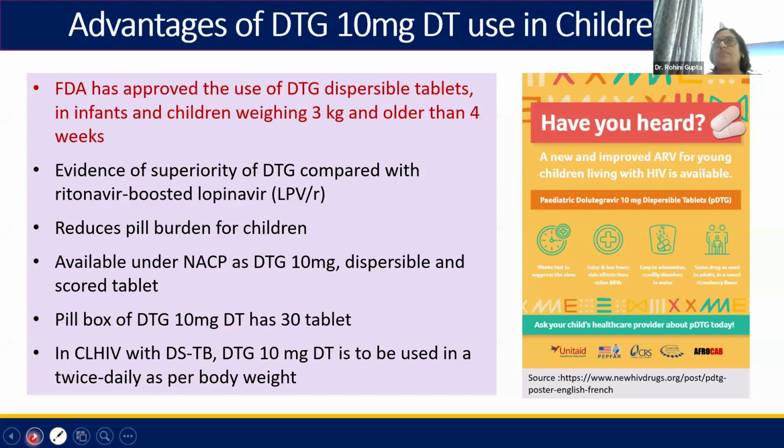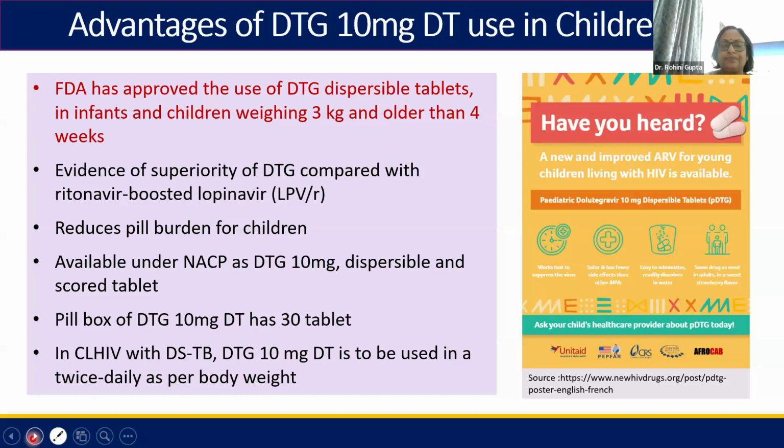It also reduces the pill burden. As you know, lopinavir ritonavir has to be given 2 times, while DTG pediatric is to be given once, unless the dosing doubles in drug-sensitive TB co-infected children. Similarly, in TB co-infected children, when we were using lopinavir ritonavir, we were doing super boosting of ritonavir, increasing the pill burden even more. Well, this will not happen if we are using DTG based ART regimens in our children